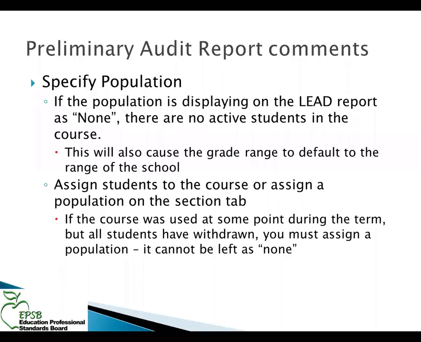If not, you can put a population on the section tab showing who will be in the course when it's active. The same thing goes for a course that may be designed for an inconsistent group of students. I'll use the safe room as an example, or in-school detention, whatever your district chooses to call those locations that are temporary timeout room type places. The teacher needs to have a course assigned to them so that we know that there's a certified teacher overseeing in-school detention, safe, ISS, whatever you call it. But there will not be any students on the roster, we hope, because nobody's in there long enough to get rostered. So you would want to put a population on the section tab showing that this is really a class that's designed for general ed students for the most part.